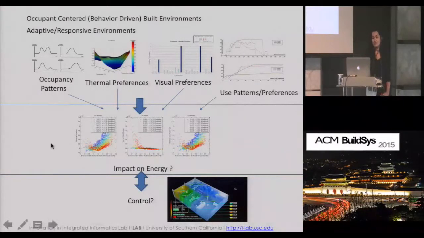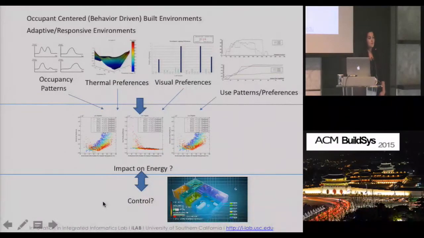And lastly, we try to focus on control. Given all these complex relationships in a building, different occupancy patterns, different preferences for thermal comfort and visual comfort, and different designs of buildings, how do we make use of this information, again, to increase comfort and reduce energy consumption? Having said that, the presentation focuses on